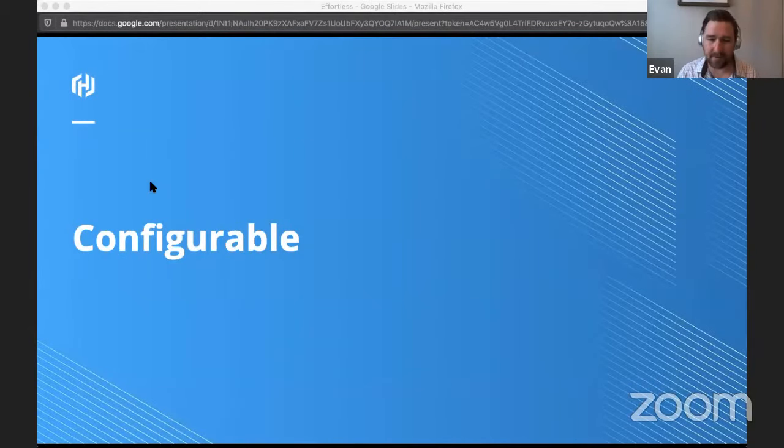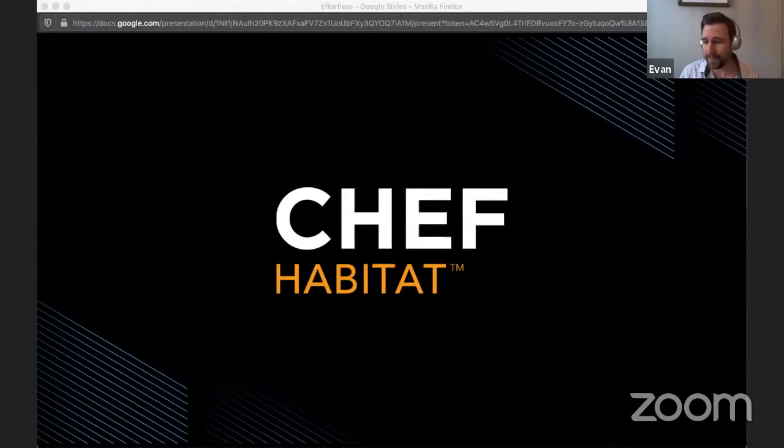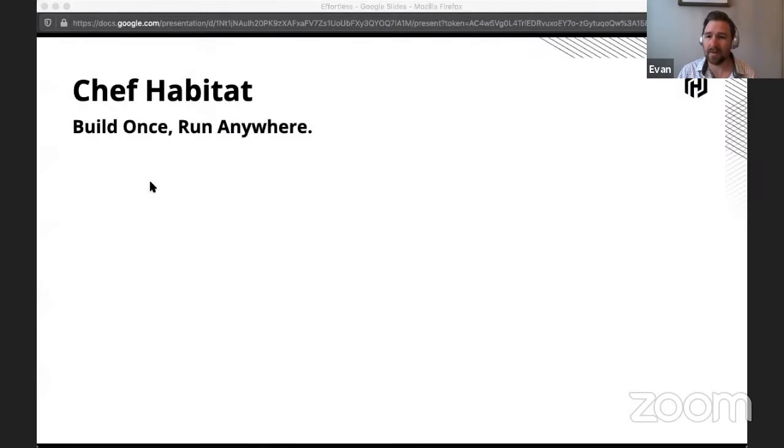So this gets us into the configurable part of things, and that's where we're going to leverage Chef Habitat. We'll talk a little bit about what Habitat is. Habitat is Chef's way of packaging up applications from the application's focus, versus something like Docker, where you're building things up from the OS level or the infrastructure level and then putting the application on top of it. This is more like, what do you need for your application to run? Let's grab just that.